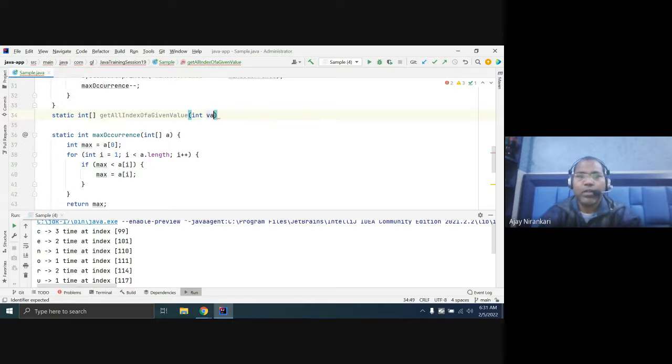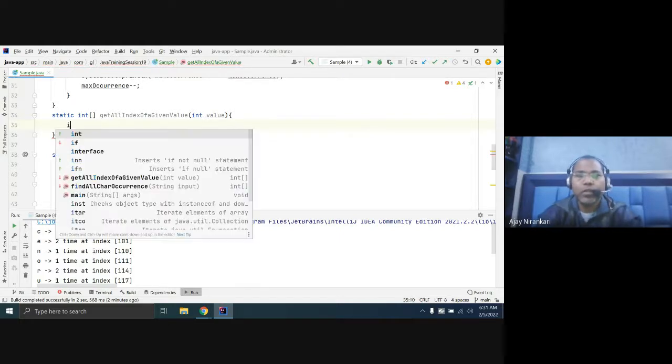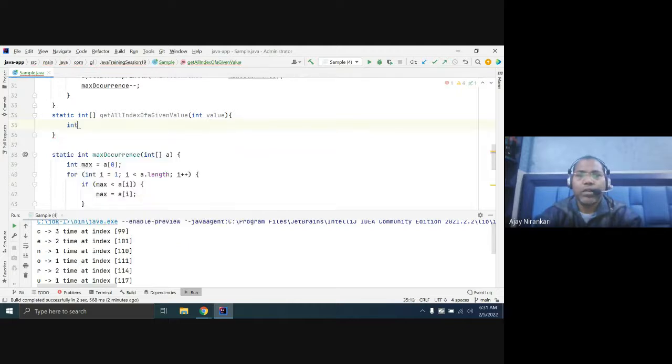Okay, any value, and what are the indexes? Initially I don't know whether the index size would be 2 or 3 or 4. I don't know. So initially let's assume, and you need the int array on which you want to find the indexes. So you need the input as an array on which you want to find, and this is the value.